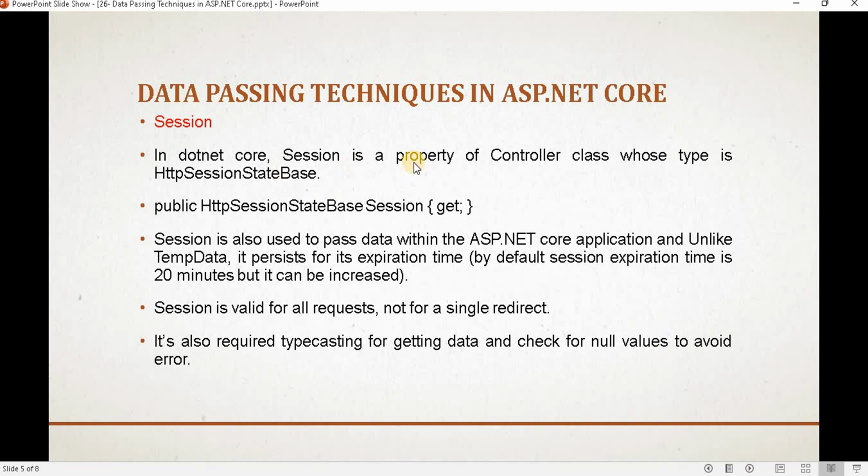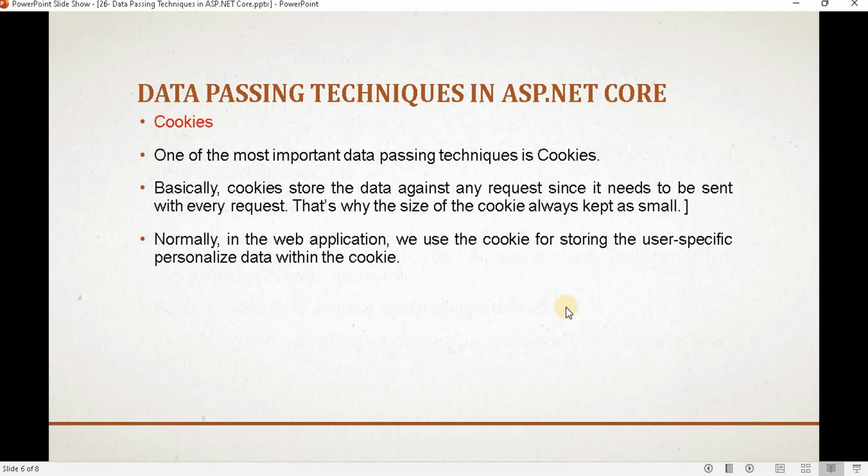Session is also used to pass data between actions, unlike TempData. We use it in a similar way to how we pass data using TempData. Session is used to pass data from action to action, and the limit of this is 20 minutes. Session is valid for all requests, not for a single redirect. It also requires typecasting for getting the data and a check for null values to avoid errors.